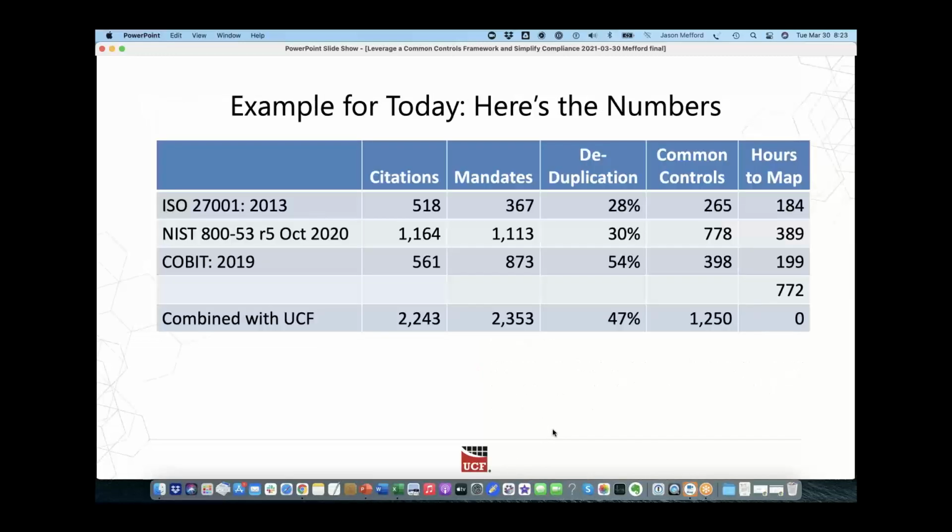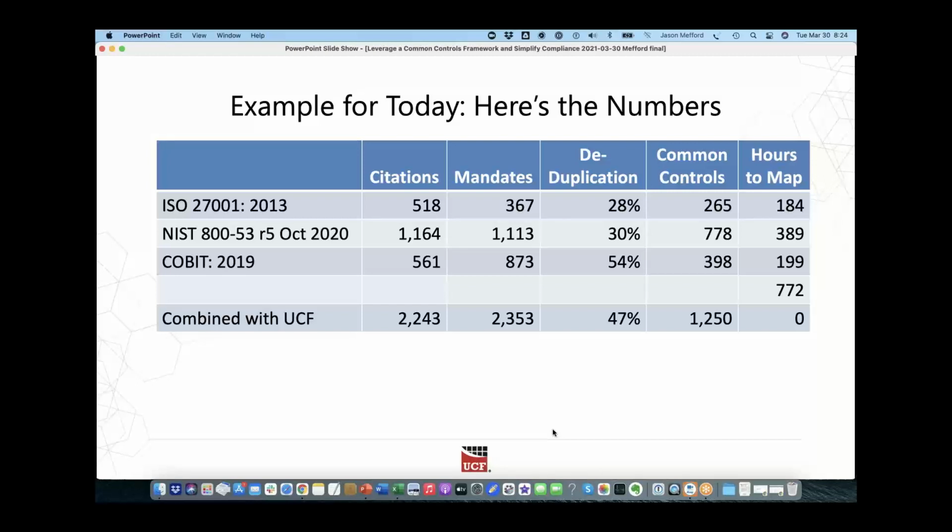So now I want to start putting some numbers here and jump in really quick and show you how easy this can be to use. Three different authority documents that a lot of people have to follow are ISO 27001, NIST 853, and this is the latest version, the Rev 5 from October. And another one that often people will follow is COBIT 2019.